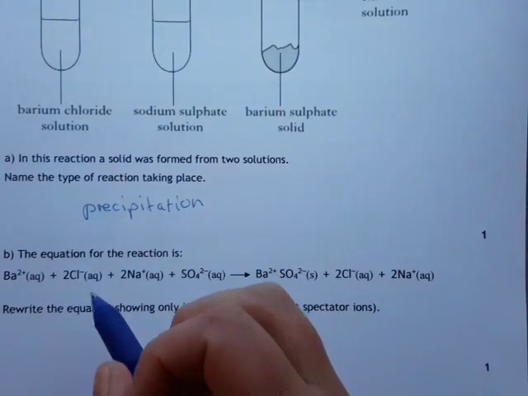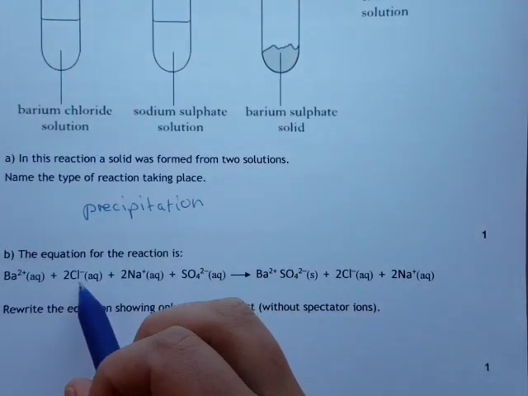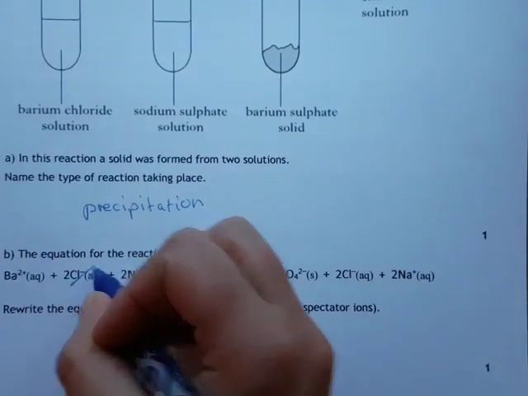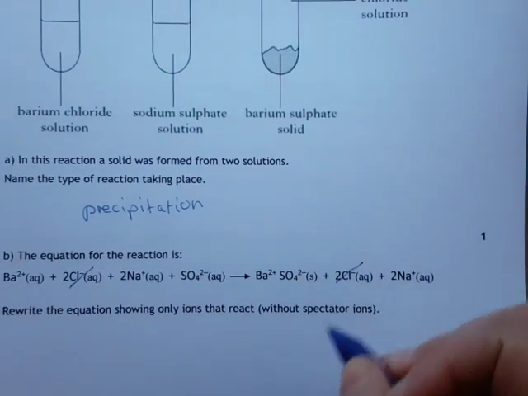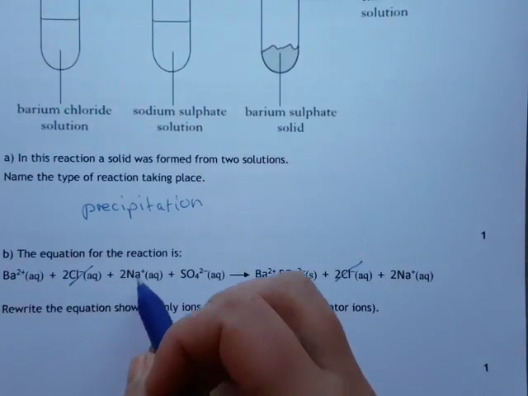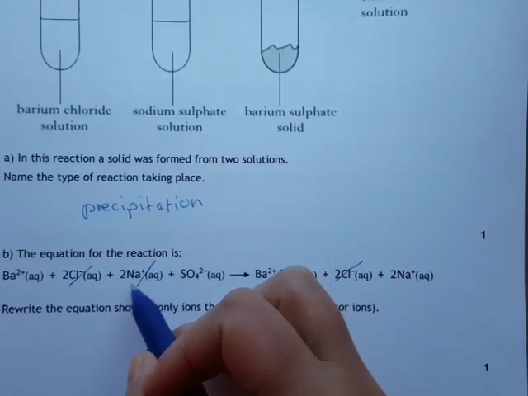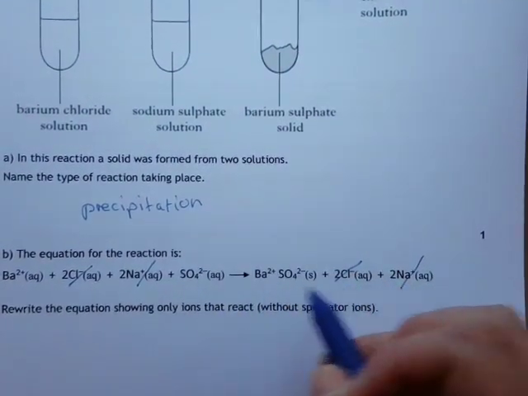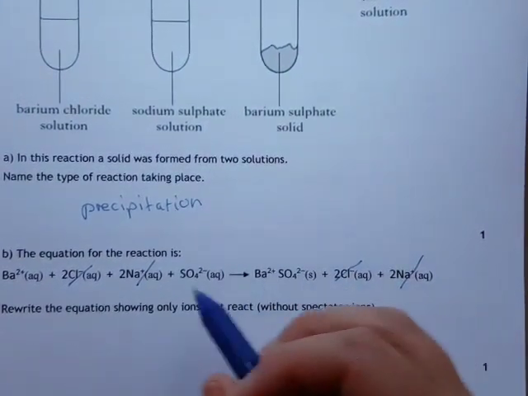The chloride, on the other hand, it's Cl minus (aq) on this side and on this side, so that has not changed, and that's a spectator ion, so I'm going to take that out of the equation. Sodiums as well, sodiums are the same, Na plus (aq) on the left and Na plus (aq) on the right. There's 2 on each side as well, so that means I can just cancel them out, take them out